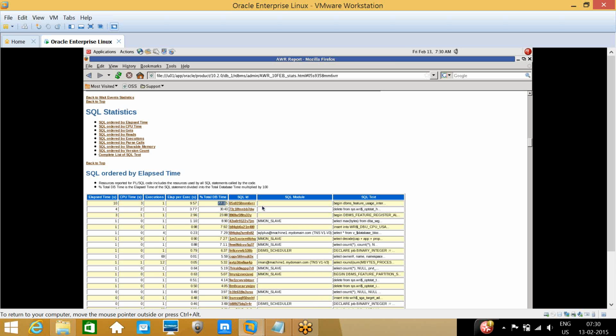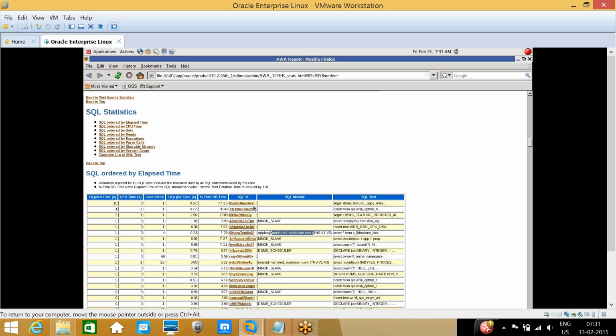If you open that query, do we see the user which runs the query and the host name and everything? The host name will display here itself. SQL Plus is the client, from machine.mydomain.com, which is my host name. And what about the user? The user will not display here.